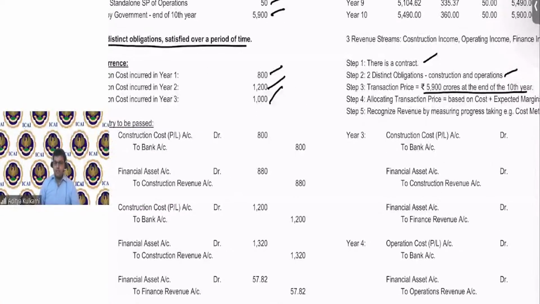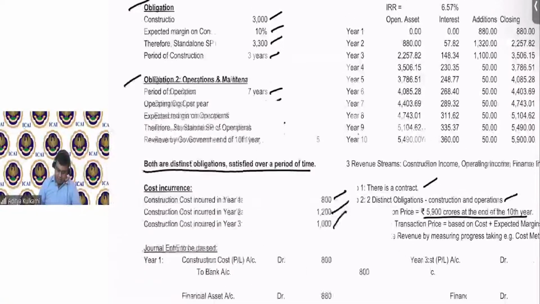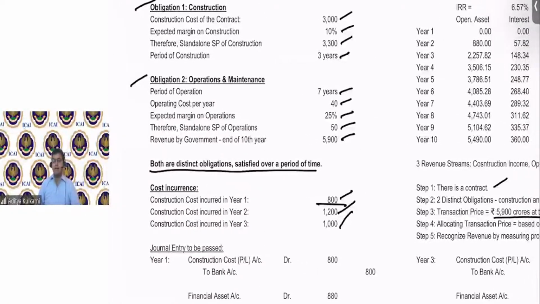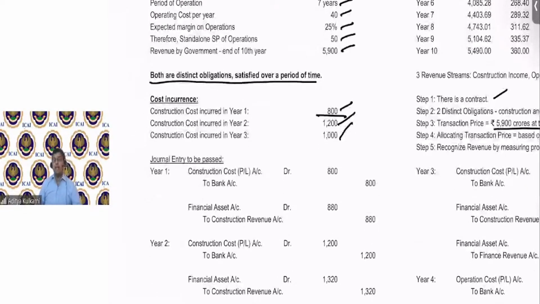In the first year, the cost incurred is 800. They have given it to you. Construction cost incurred is 800. So the revenue will be 10% extra because of the margin on construction. So 800 plus 10% gives you 880. Are we clear with this? Yes, 880. Next, year 2, 1,200 plus 10%,